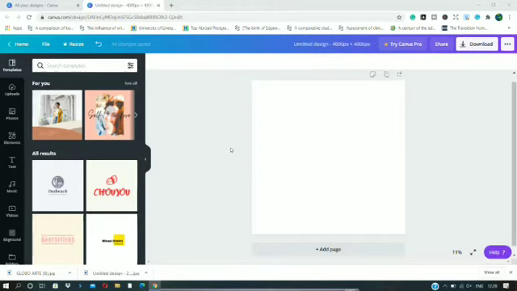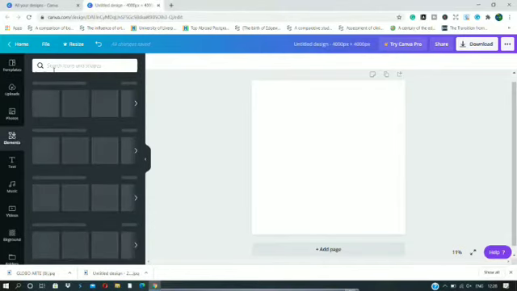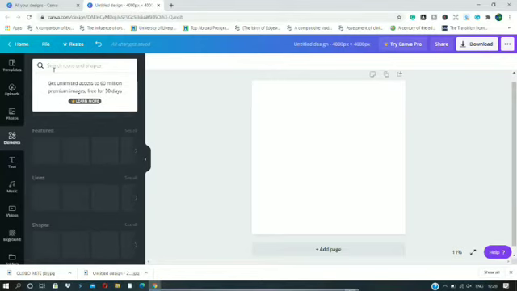So I'm back again on my Canva and I have chosen a 4000 by 4000 pixels white canvas, and now I'm going to move over to the element section. And since Halloween is around the corner, it's trending, so we are going to make a Halloween design for the stickers and the t-shirt because it's trending right now, and you can upload it very well onto Teespring, Redbubble, TeePublic, Spreadshirt, whatever print on demand platform you're using.